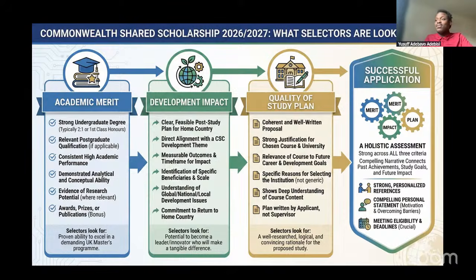So they will have selected people that have the offer, or they have admission, or they've submitted the applications for admission already. So they will just consider them. So you have to make sure that you are proactive in the way you apply and don't delay anything. Once you submit your CSC application and you've applied for a program, follow it up before December with an admission application